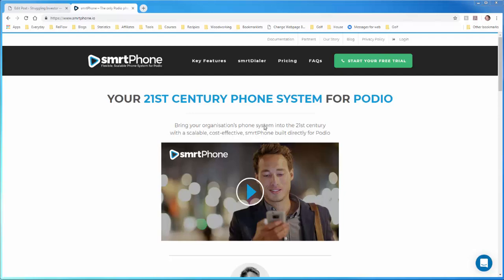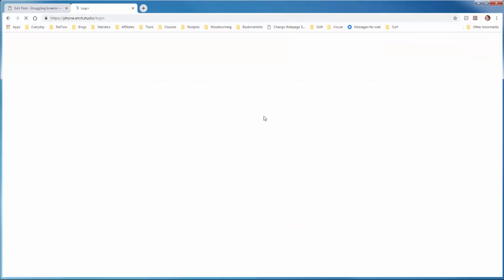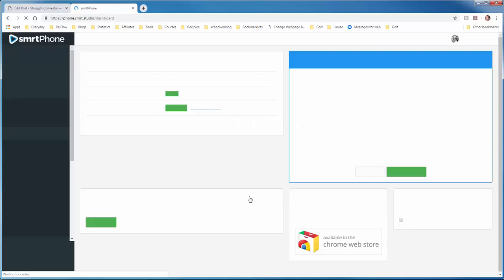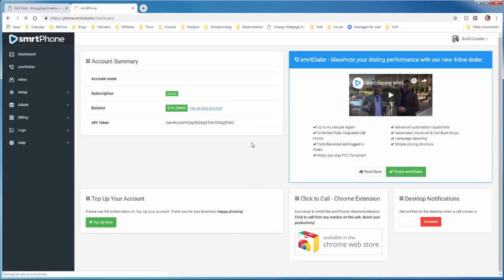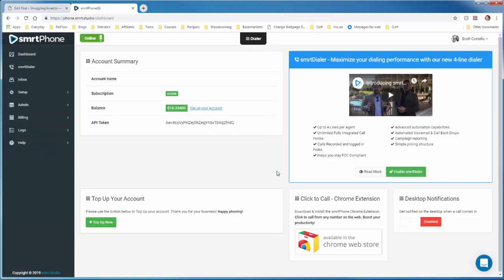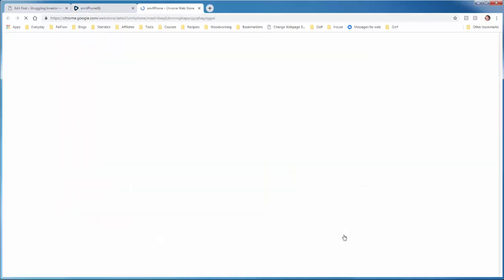To make smartphone calls from Podio, you need to install the Chrome extension. So go to smrtphone.io, then log into your account. Once you're logged in, you'll see in this lower area to the right a link for the Chrome extension. It's on the dashboard. So we click here to go to the Chrome extension page,